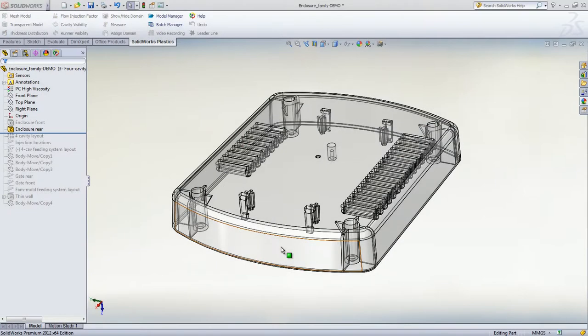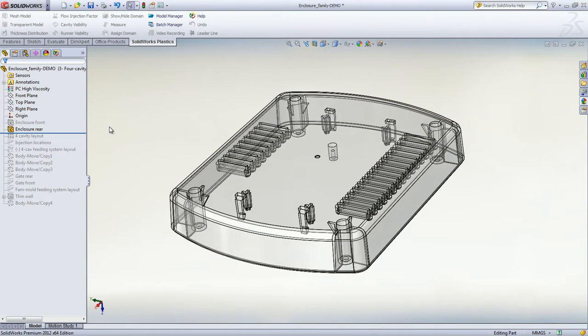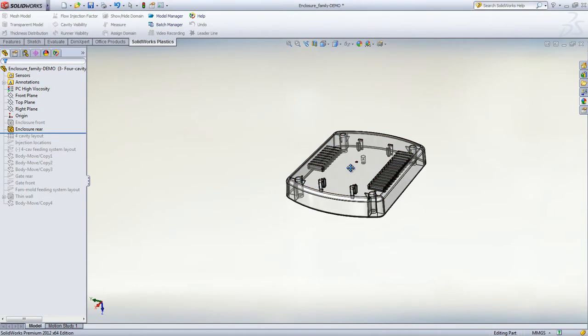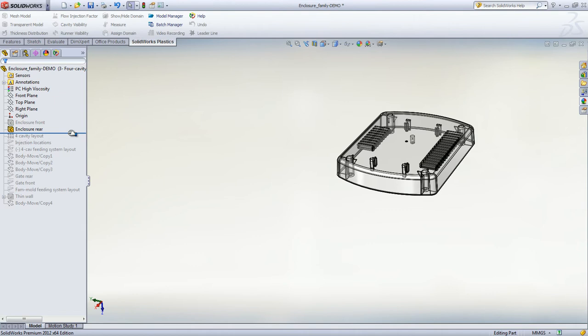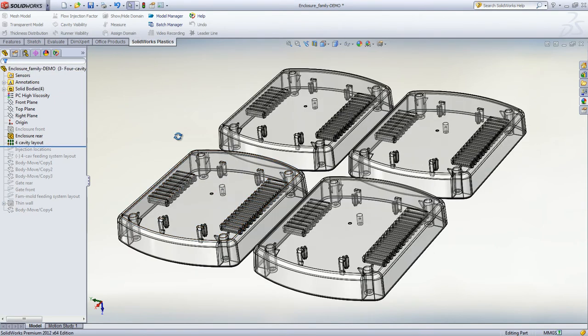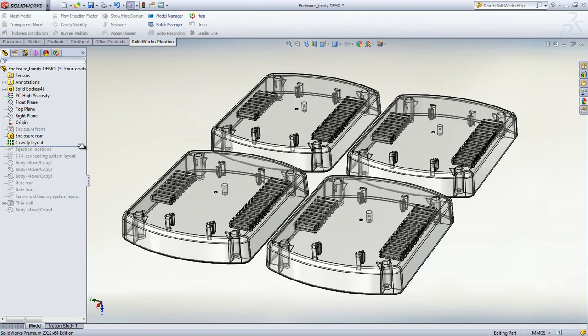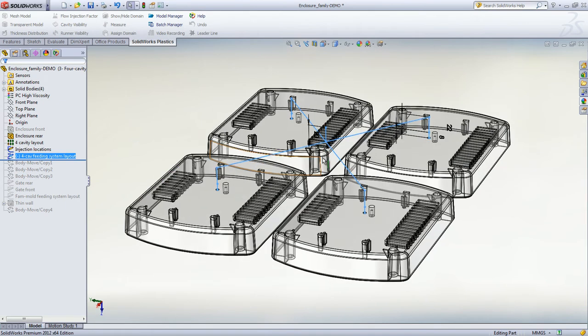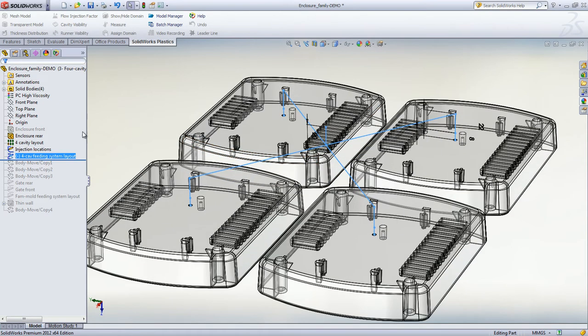Now that we have found the right design for the part, we can build a mold layout. So using SolidWorks, you can duplicate your part. So let's try a 4-cavity layout. You can also design the runners using sketch lines from SolidWorks and also 3D sketches. Then we can switch back to the SolidWorks Plastics tab